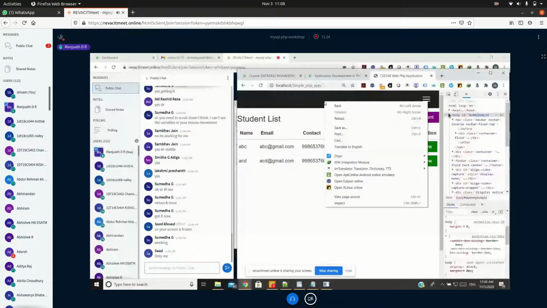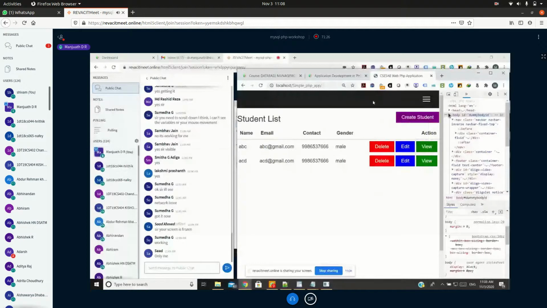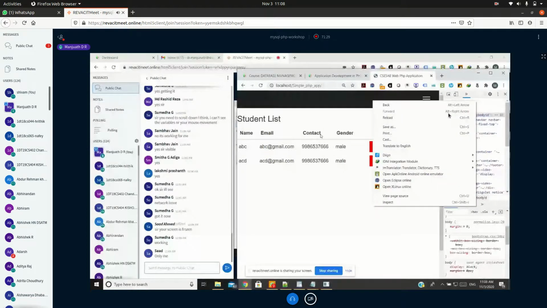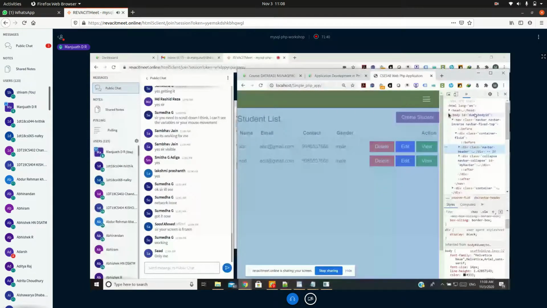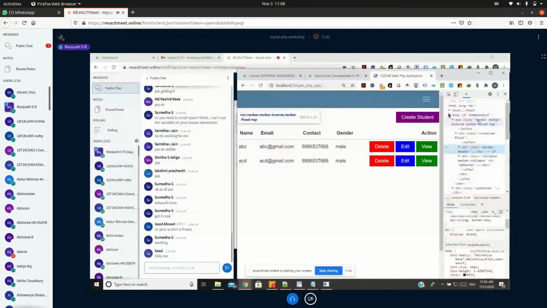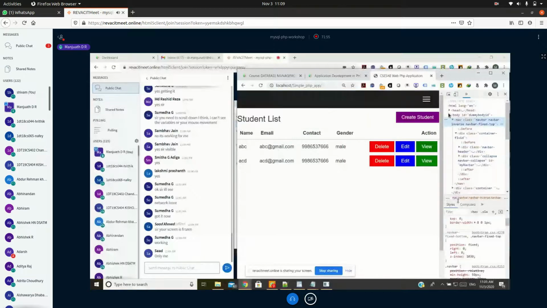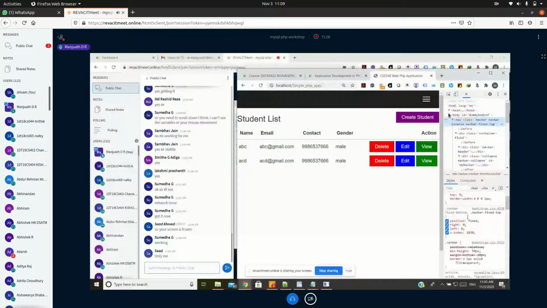First, select where you want to do the modification or the thing you want to edit. Left click on it, and the HTML code shows where that marked thing is in your interface. See, this whole thing is a navigation bar. You can check out the code that's written for that bar. See, this is the code.